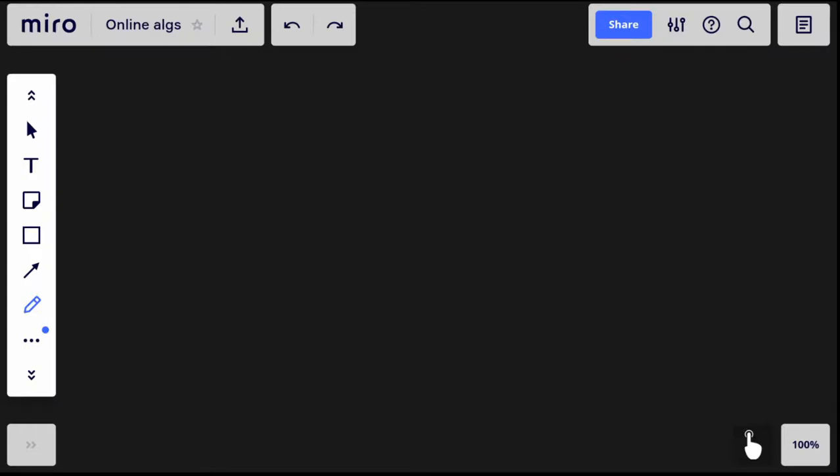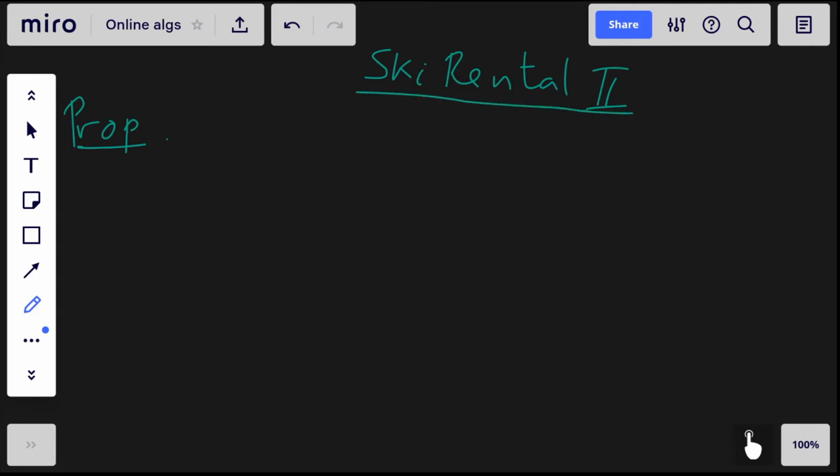Okay, so let's continue with this key rental problem. So it's just key rental part 2. Now, there is a proposition or theorem, whichever you prefer, that effectively says that this algorithm AB is an optimal one in terms of competitive ratio amongst all those deterministic online